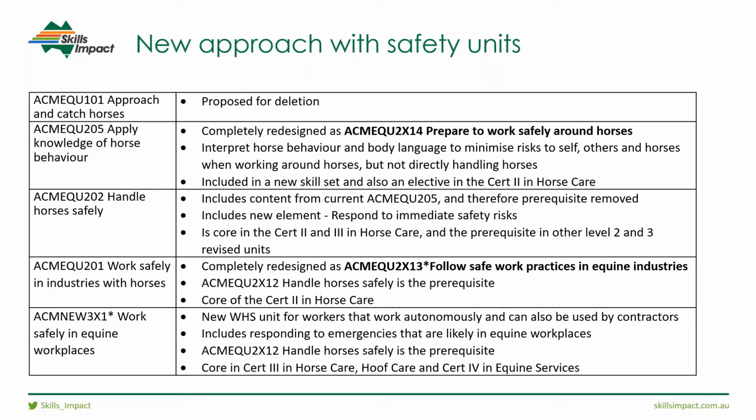This is a unit that is about interpreting horse behaviour and body language to minimise safety risks to yourself as a worker, to other people, other workers, and horses when working around horses, but not directly handling horses. So we've kind of redesigned this to be a pre-work and induction type unit,